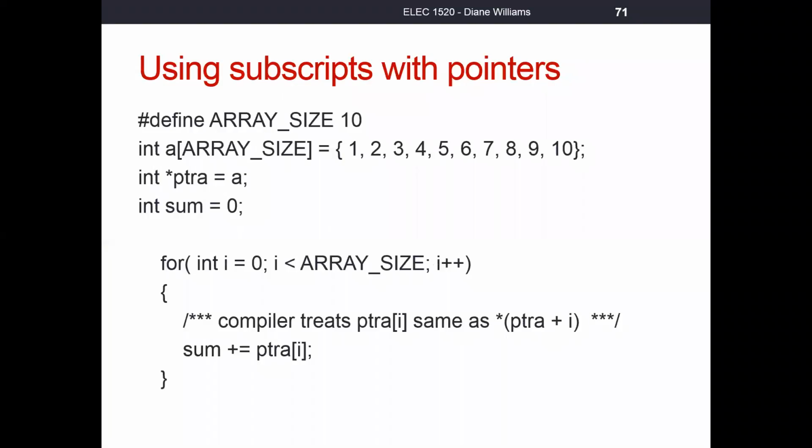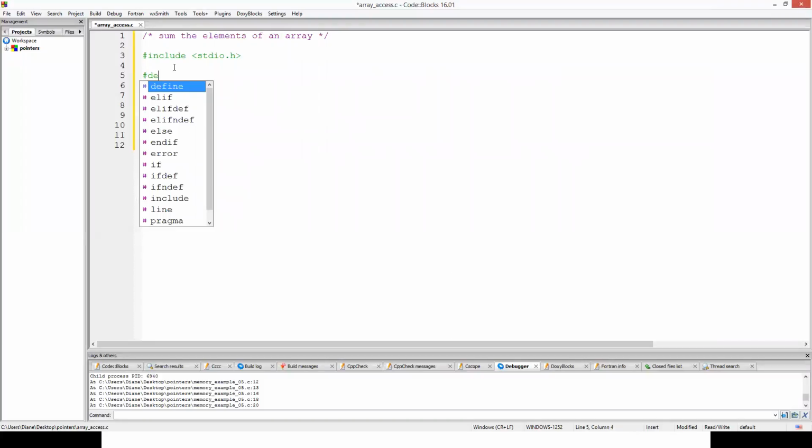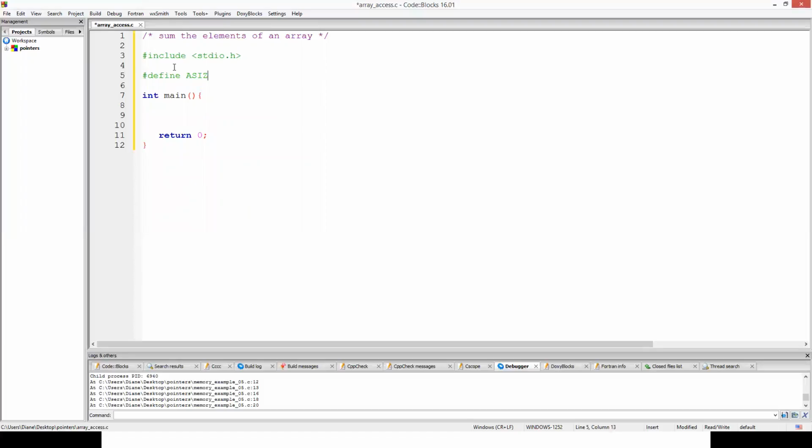Let's go ahead and take a look at the different ways that we can use subscripts with pointers. Let's create a program. Our program is to sum the elements of an array. That's its purpose. So we know if we declare some array, #define a size of 10, and I made them integers. So here's my array